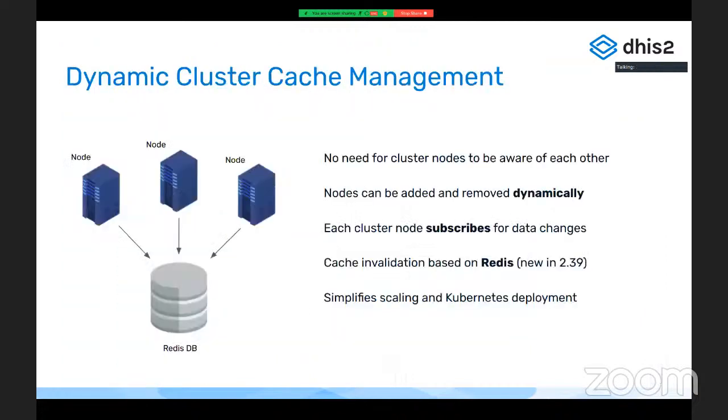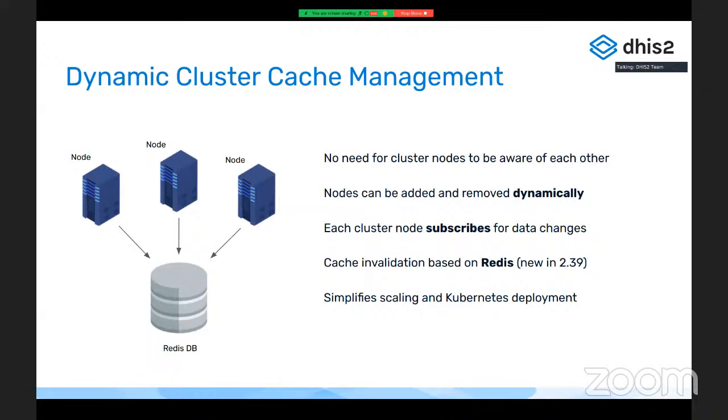Okay, so switching gears again, from the UI to the backend. In 2.38, we made significant improvements in terms of how you operate clusters. And now in 2.39, we made it even easier. So just a bit of terminology first. When you talk about nodes and clusters, it essentially means deploying multiple servers or containers to provide a single